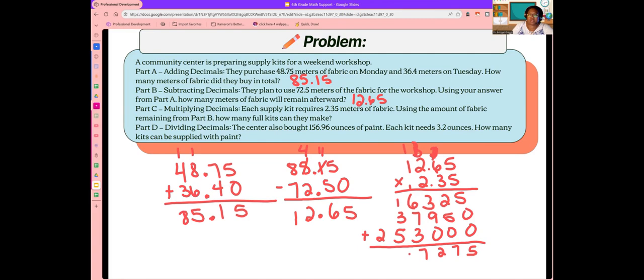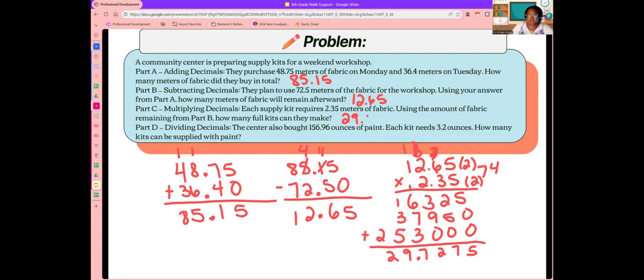17, 9, 2. Now, we need to look at the factors to see how many decimal places our answer requires. This has 2 decimal places, and this has 2 decimal places, so our answer needs 4. 1, 2, 3, 4. So, 29,